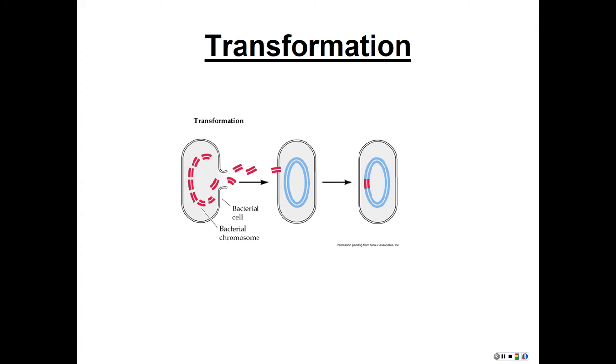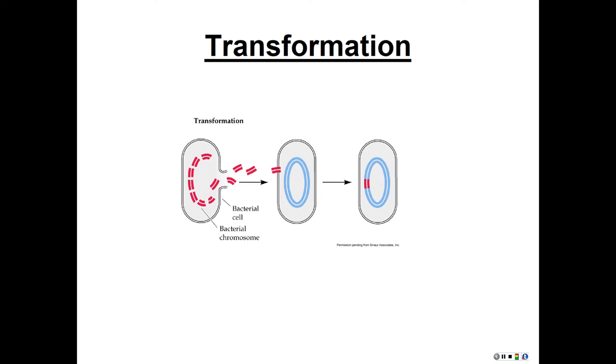So let's talk about how it happens a little bit. So how does this horizontal gene transfer happen? Well, there are three processes that can do it. There is transformation, there is a process called transduction, and a process called conjugation. Okay, so let's talk about transformation first. So transformation